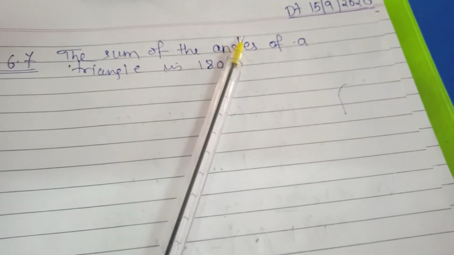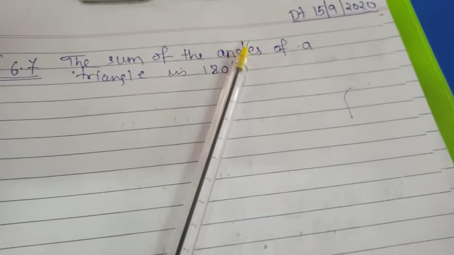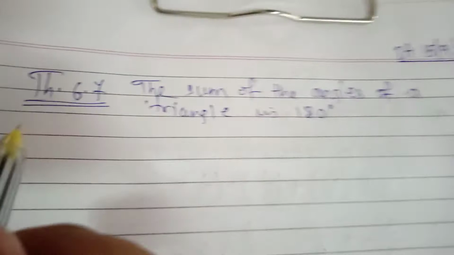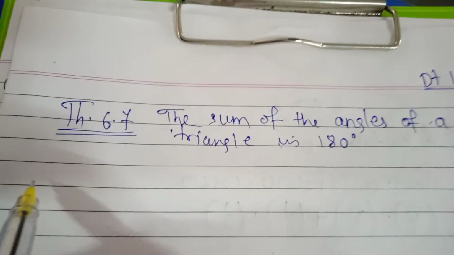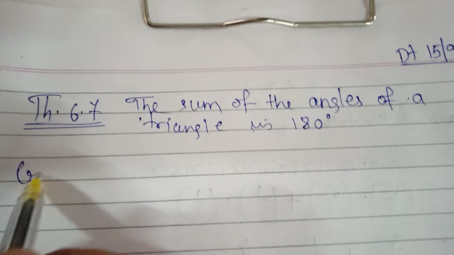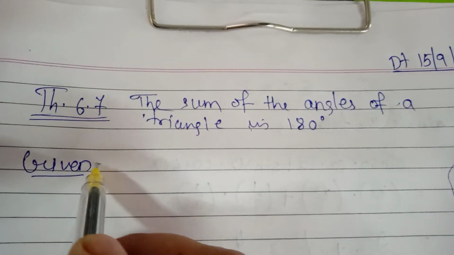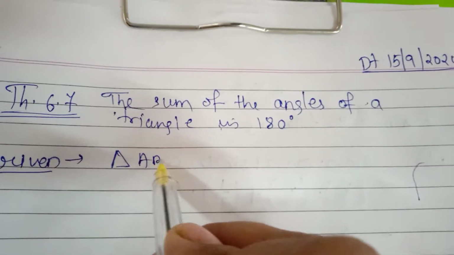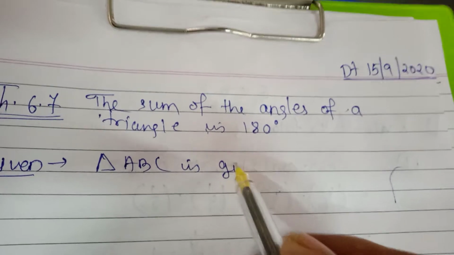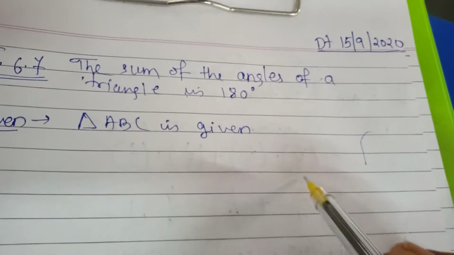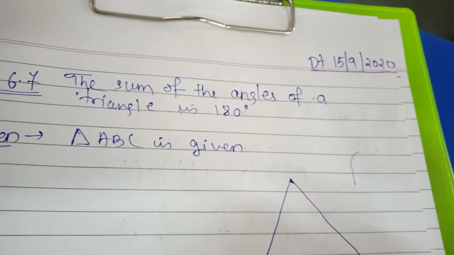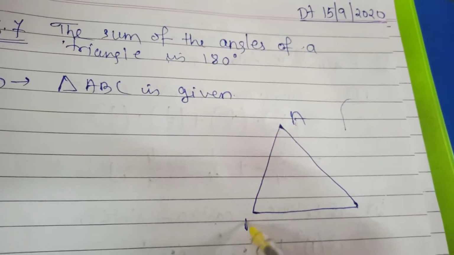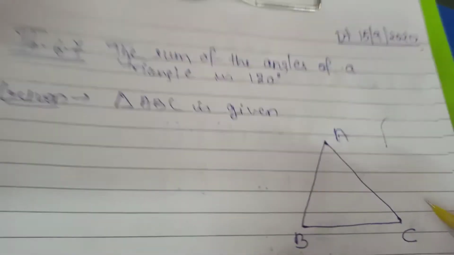You have done this in your previous class also, that is, whenever you are measuring all the angles of a triangle, you are writing equal to 180, and how it happens, today we will prove it. So according to Euclid's axiom, let's write down given first. For given, we will write that triangle ABC is given. So you just draw a triangle here, use your pencil because it is a theorem, so we need a pencil to sketch the diagram A, B and C. Okay, what you have to prove now?